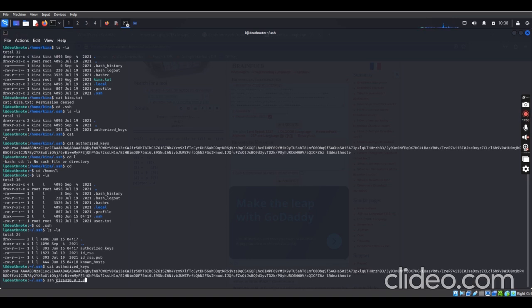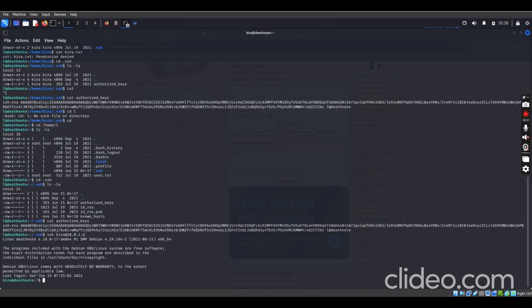Now note one thing: in the first one, when we wanted to log in as L, after we input this command it asked us for the password. But for this one, it will not ask us for the password. Why? Because the authorized key is found already in the folder. So if we give it this command, it will search for this authorized key file and it will authenticate, automatically logging us in as Kira.